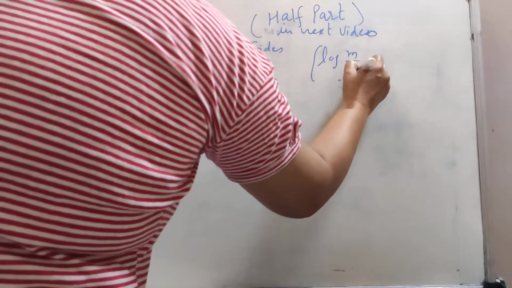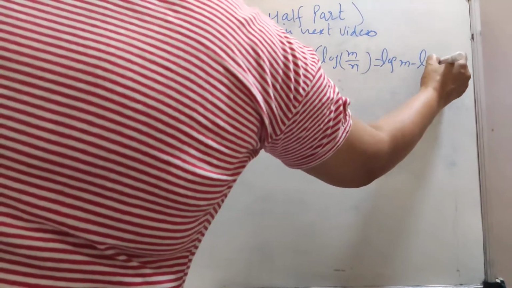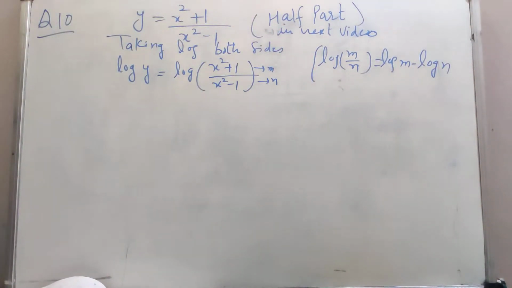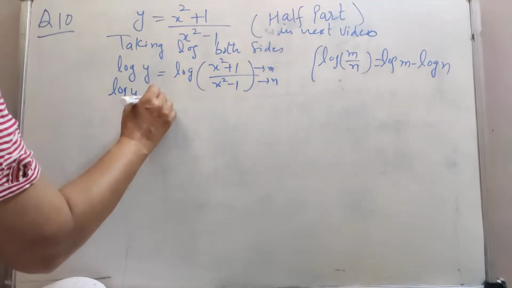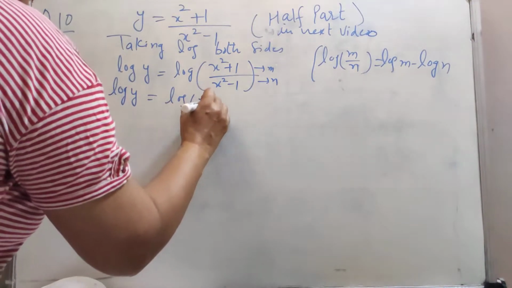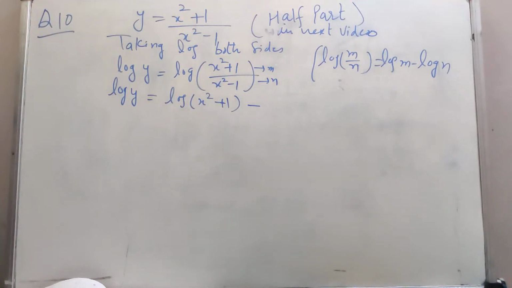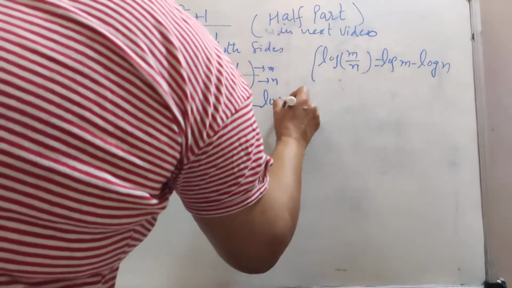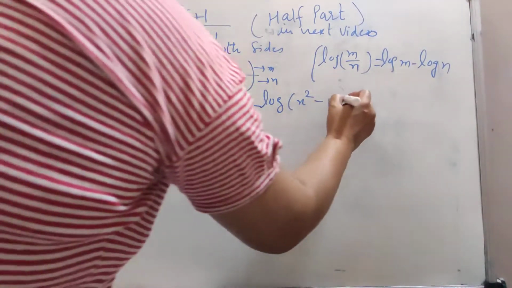Log of m over n is equal to log of m minus log of n. So apply it here. So log of y is equal to log of x square plus 1 minus, because it is over, log of x square minus 1. Now differentiate